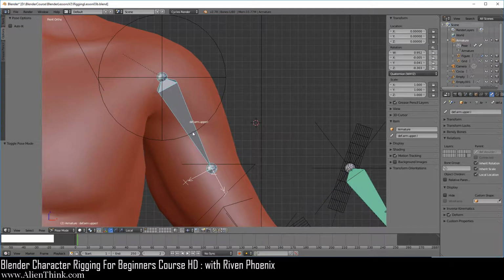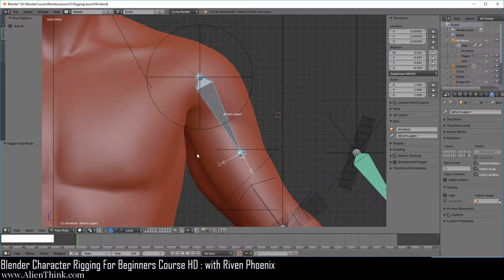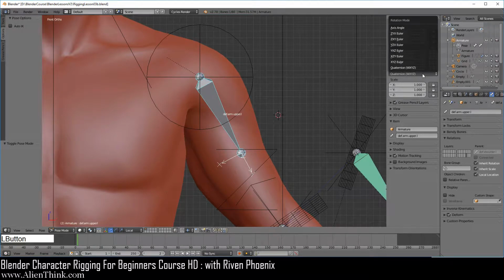Now this brings us to the next item that we are going to look at before we dive in to the module-based rigging system, and that has to do with these rotation modes that we can set up on our bones or objects.